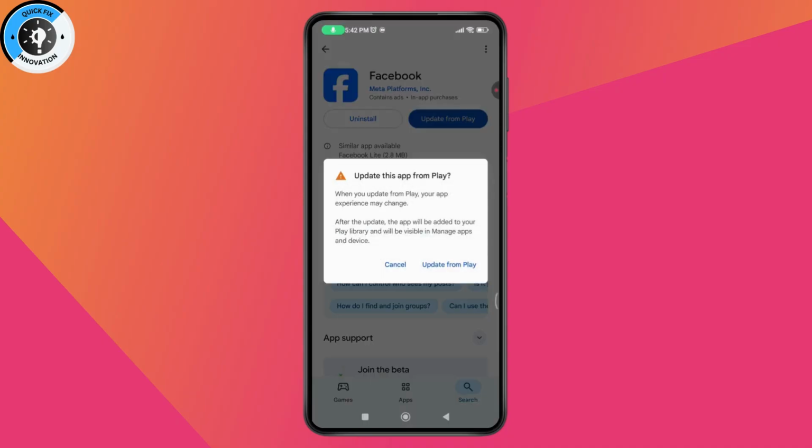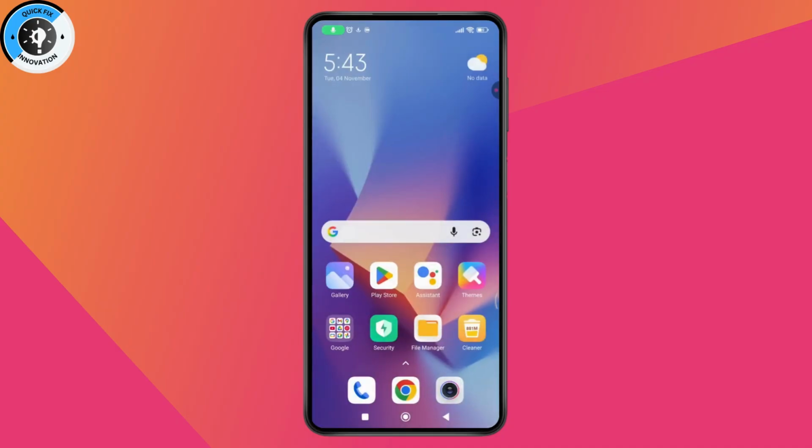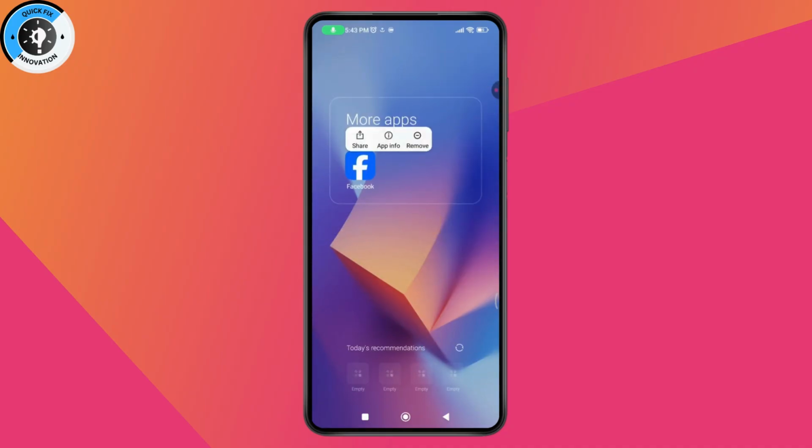So tap on update from Play, tap on it, and it will start the update process. And within a few seconds or within a few minutes, it will be updated. Once you've updated, your problem might be fixed. If that doesn't fix your problem, then you need to tap and hold on your Facebook, go with the